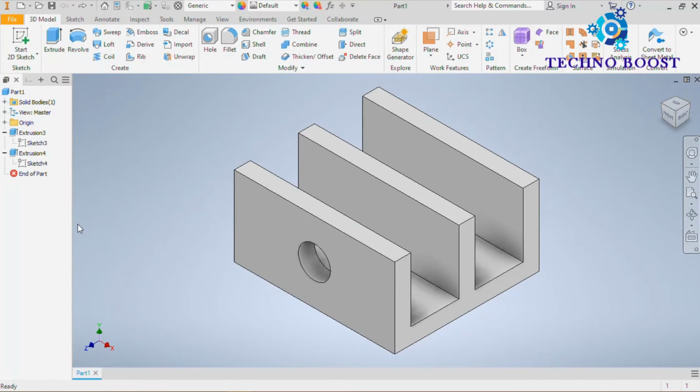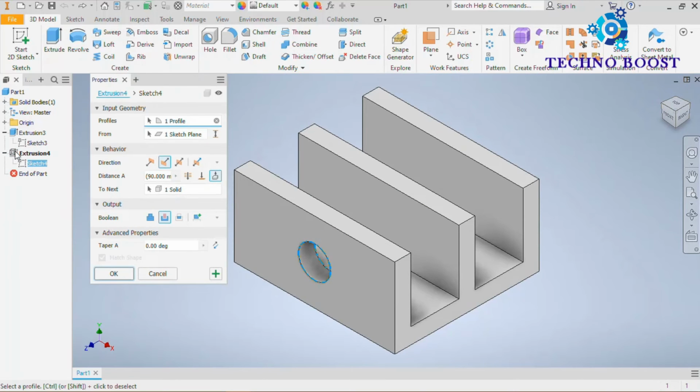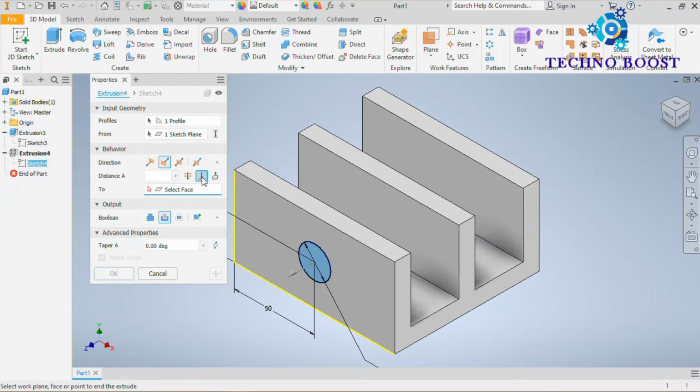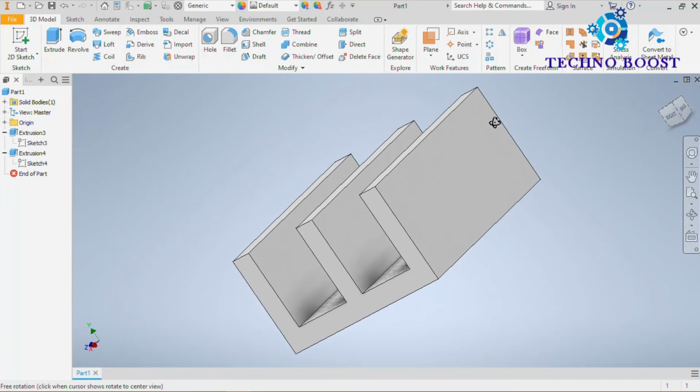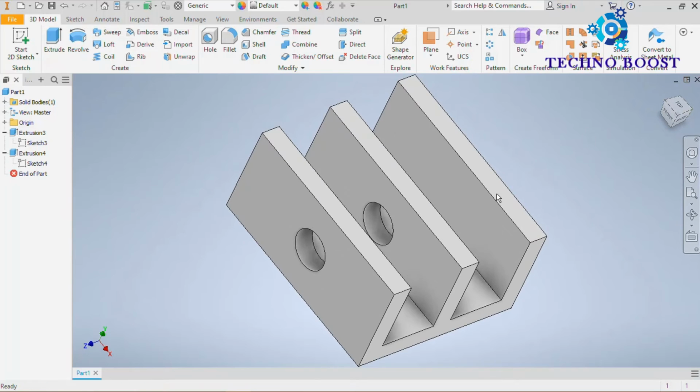To edit the feature, you can directly double click on it. Select this face, click OK. It will cut up to this face.